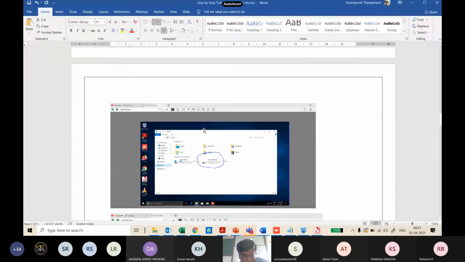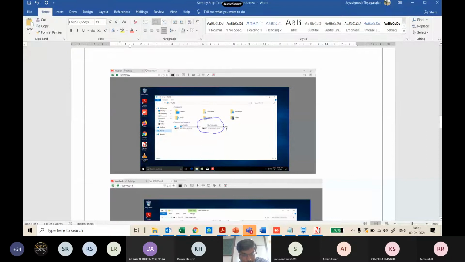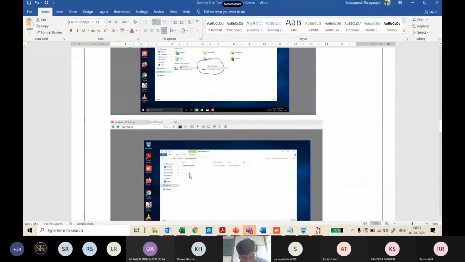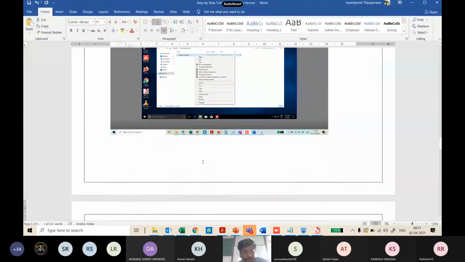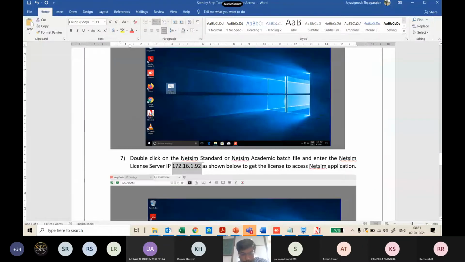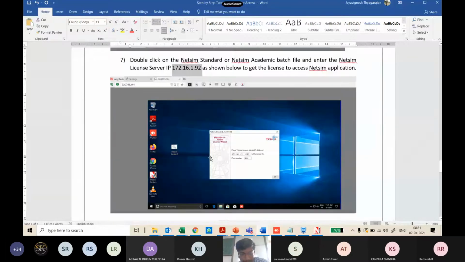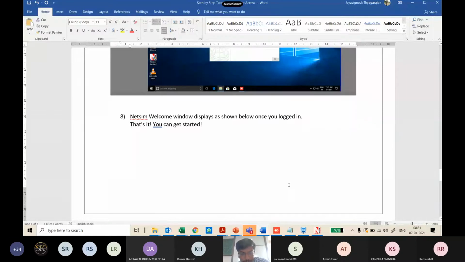Copy that batch file and place it on your desktop, because going forward you'll be using that login. Double click on that batch file. A pop-up will come asking you to enter the license server IP. If everything is blank, type 172.16.1.92 and click OK. Once you have set that, you're connected.